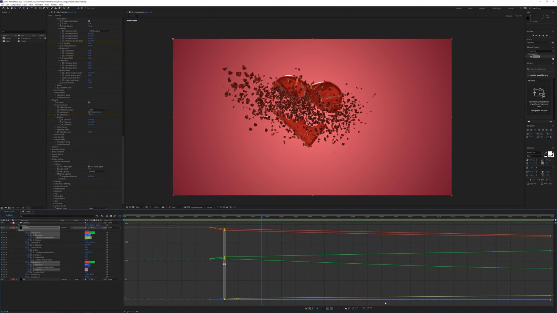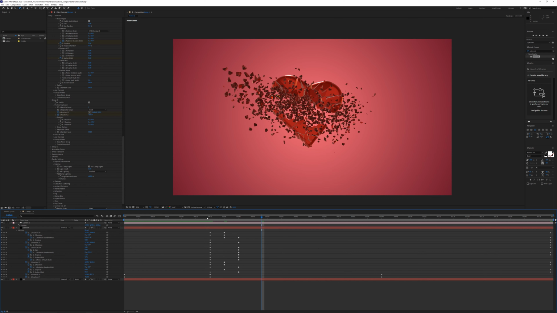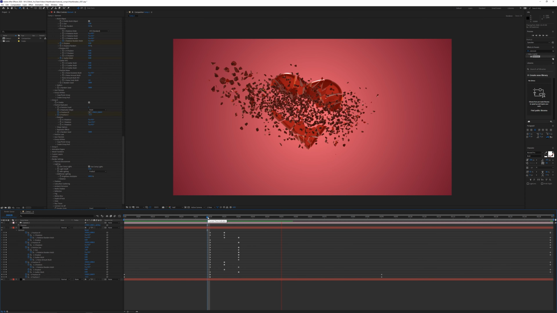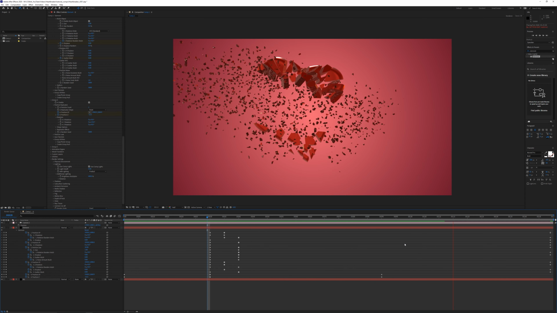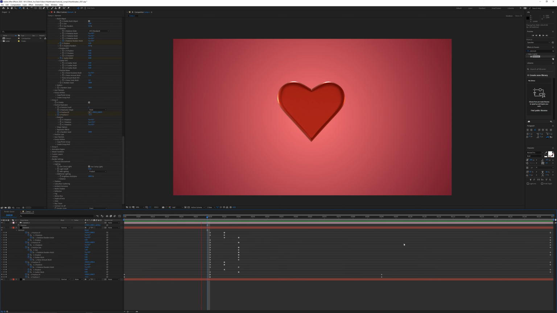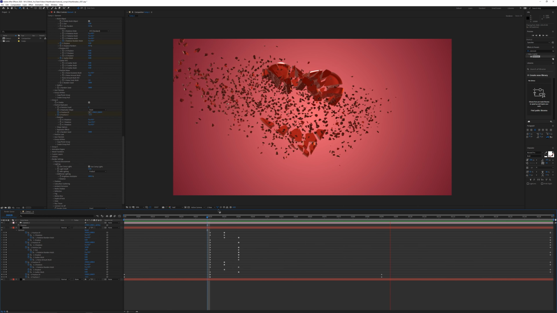Then we can do the same thing with these keyframes in the middle here at 35. Make sure all of these are selected and then click the Auto Bezier key. And then it's just going to kind of smooth those out a little bit. This is a very abrupt explosion, and there's going to be other stuff that we start adding on top of this. So I don't want to spend too much time finessing this until we add the other components.